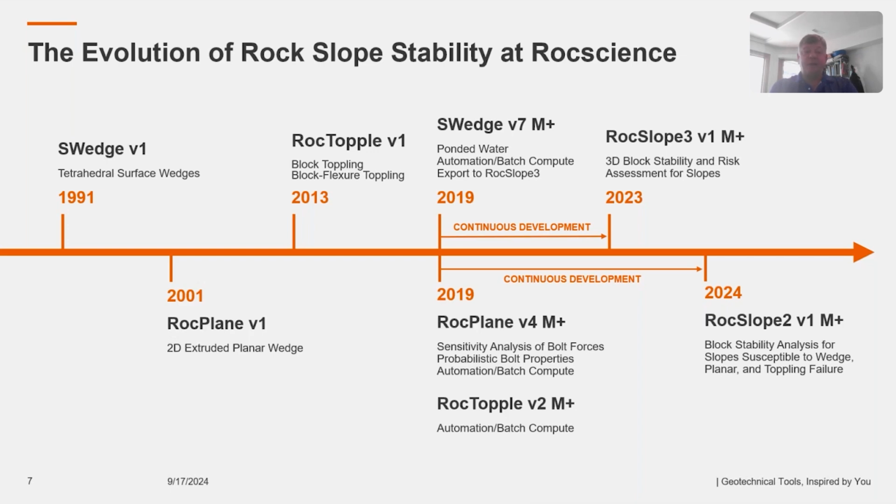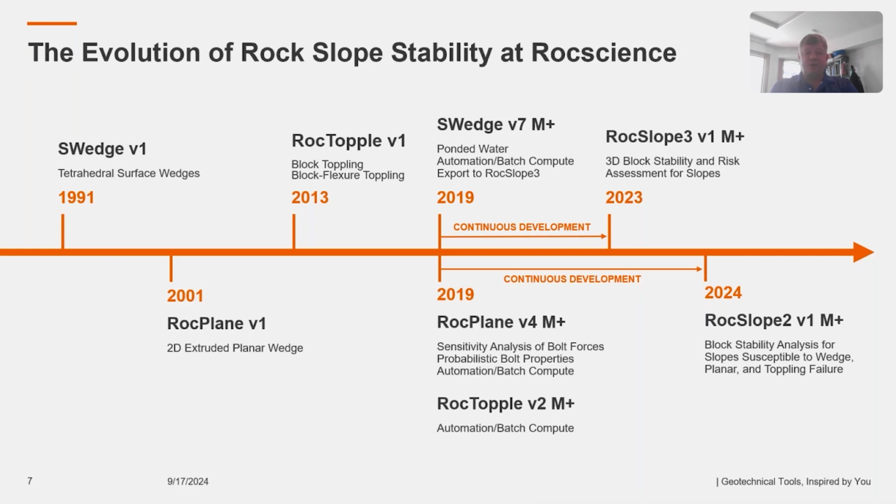And in between that period, around the mid-2000s, we actually converted SWedge to use block theory, Goodman and Shi's block theory, to get away from some of these issues we had with the vector approach in the back of Hoek and Bray. And we also converted our Unwedge program at that particular time to use block theory as well. And then around